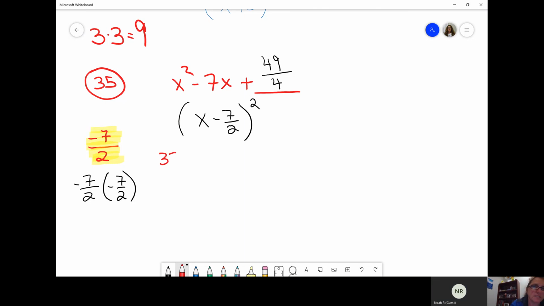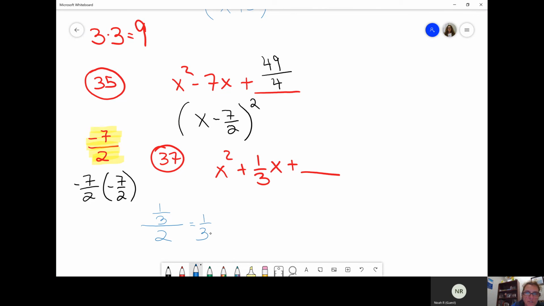Number 37 is x squared plus 1/3 x. This is some fraction action going on here. The middle coefficient is 1/3. Now, if you divide 1/3 by 2, that is the same as 1/3 times 1/2, because you're multiplying by the reciprocal. That gives you 1/6. And this 1/6 now has to be squared, and the term that you need to add is